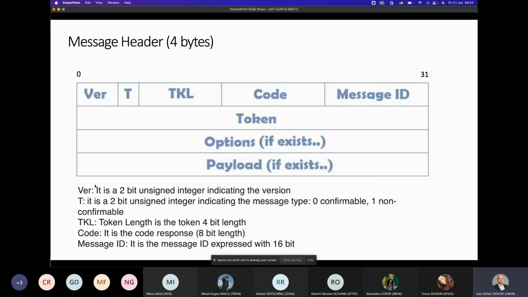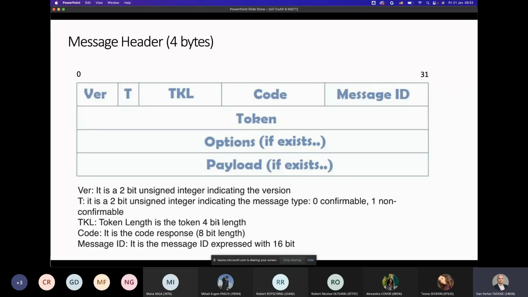Now, looking at the message header, you have this very simple 4-byte header that comprises a version field, a 2-bit unsigned integer indicating the version of the CoAP protocol. You add T here, another 2-bit integer indicating the message type, which might be confirmable or non-confirmable.